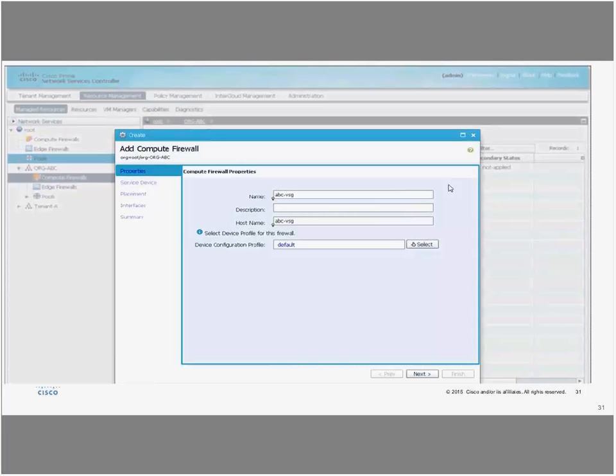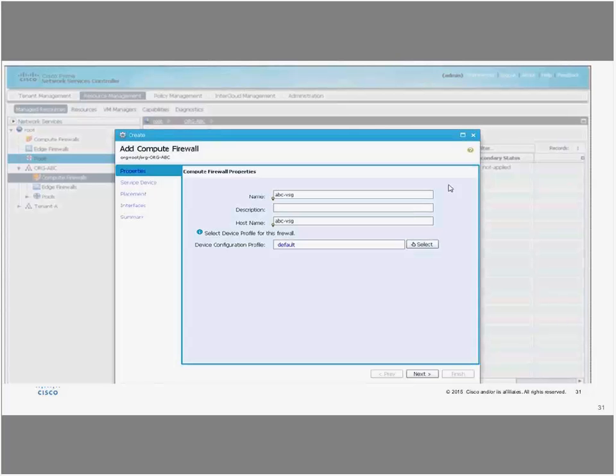Once the tenant is created, then the VSG, which was integrated earlier, can now be provisioned to work with this tenant. And you can define a specific device profile. The purpose of a device profile is that if you have a big customer and you want to separate the tenants, and the configuration of the security policies on the VSG is the same, then you can just create one device profile for that specific customer and deploy it across its tenants using the same device profile.